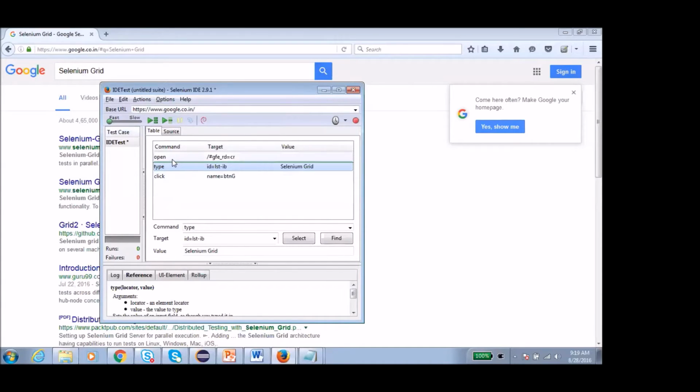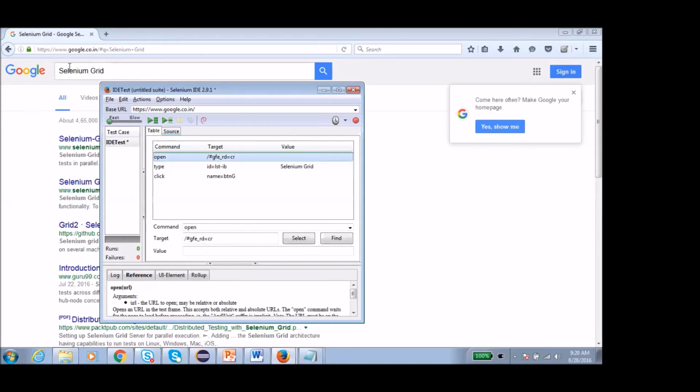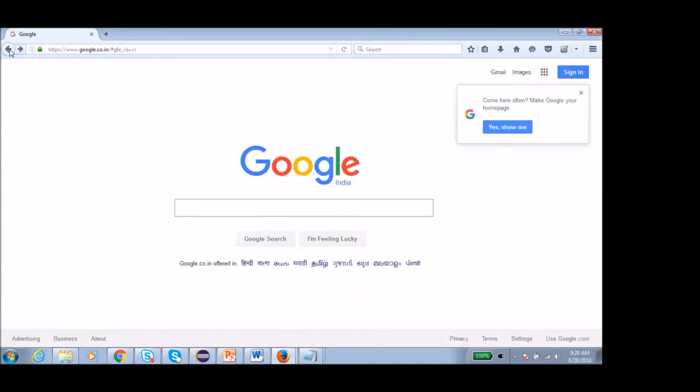So the first three commands are open, type, and click. The type will have the value Selenium Grid, and the click will have the name that the HTML page developer has given it. They have given it as btnG, the name of this search element. So we can just play this again to see how it works.